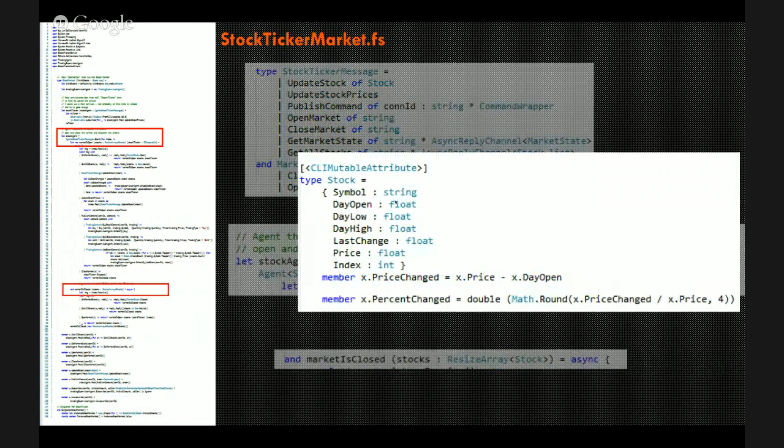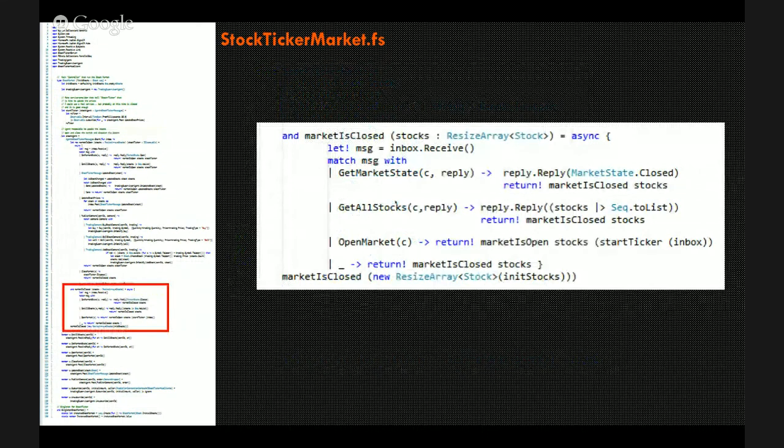This is the type of the stock, which is pretty simple: symbol, the open, the low price, and the last change, with some functionality to calculate the percentage of change. So the first state, when it's closed,